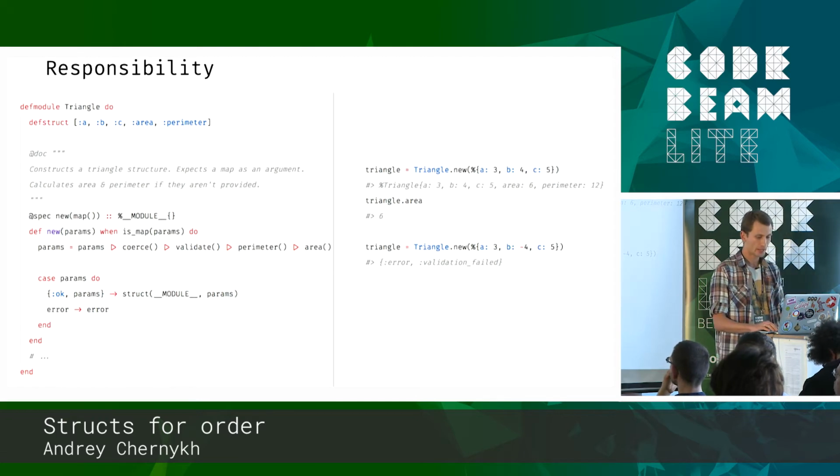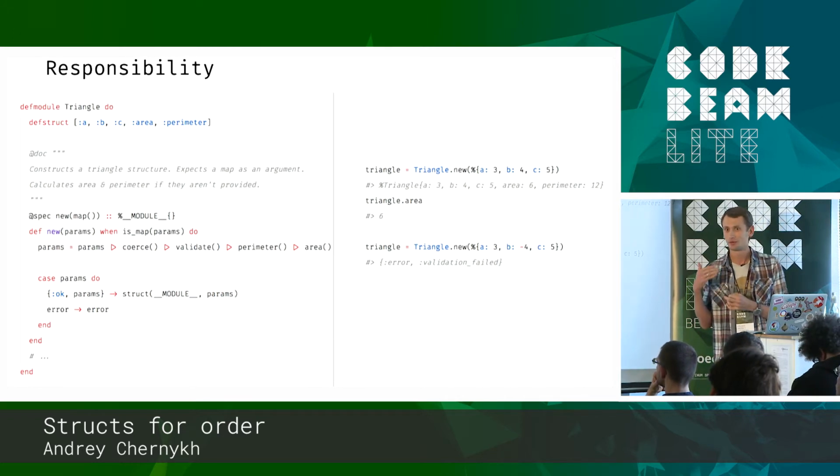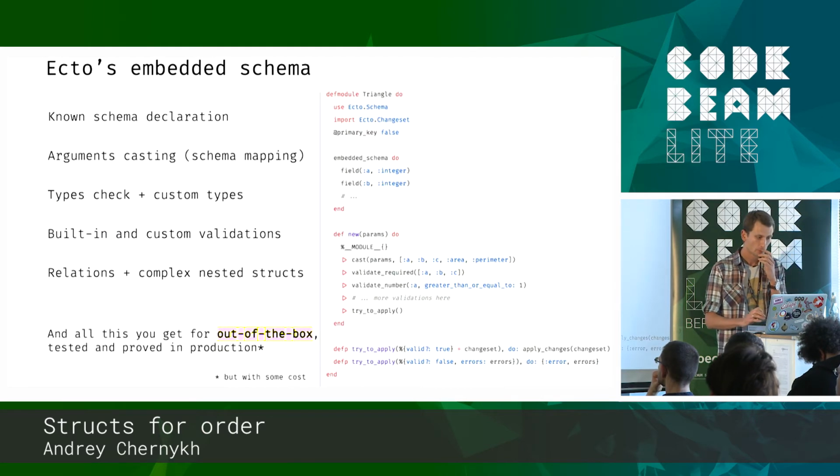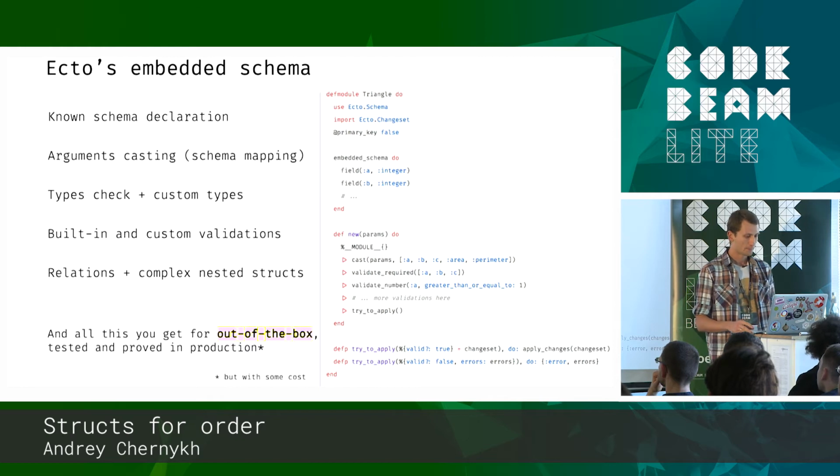Now let's see how we can utilize Ecto to write less code ourselves, and we can reduce the number of lines of code that we have to write in order to validate and handle the data behind the struct. We have an opportunity to delegate all the work to Ecto and use its power to construct structures, because an Ecto schema is a structure itself. And Ecto has a lot of handy stuff out of the box.